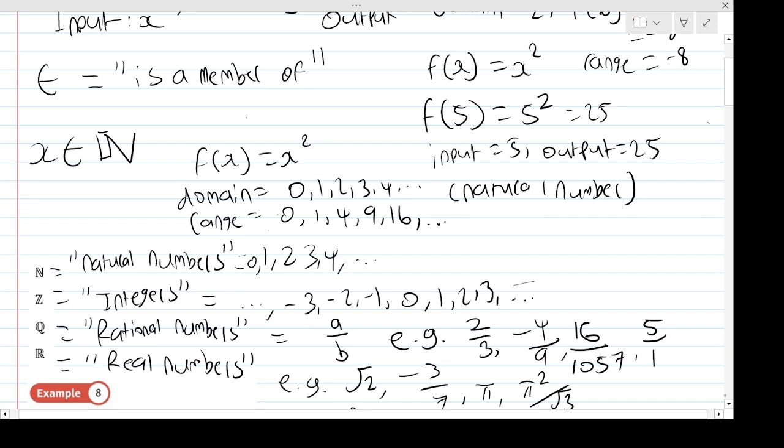And a real number, it's absolutely anything you can think of. So it can be pi, it can be root 2, absolutely anything. Okay, and that's it. That's domain and range. So, without going into any more detail to try to overcomplicate it, let's just jump into some questions to explain